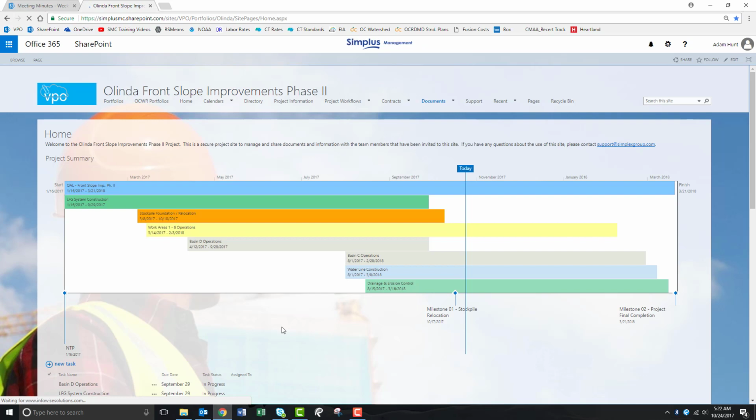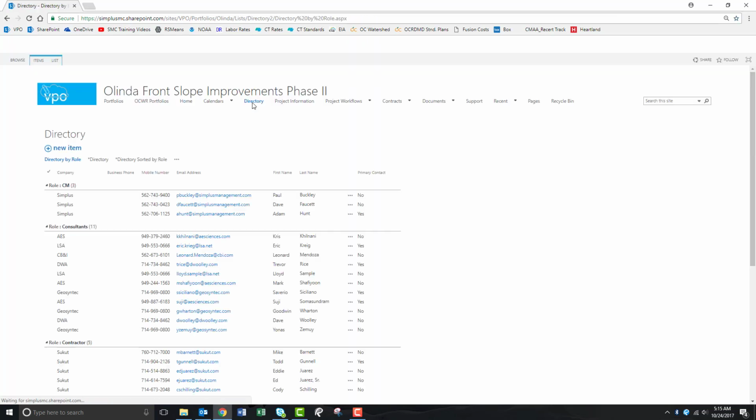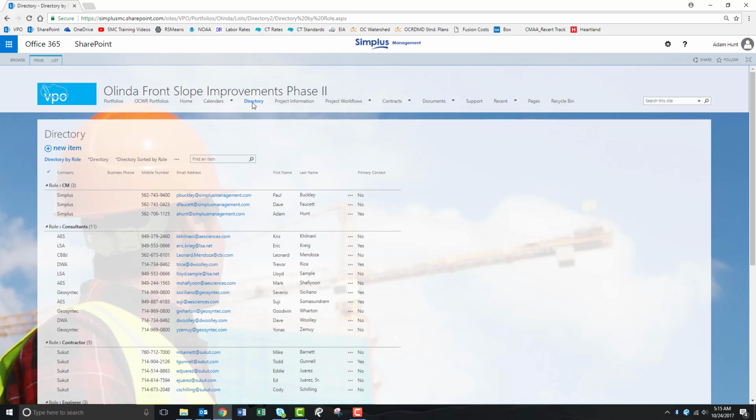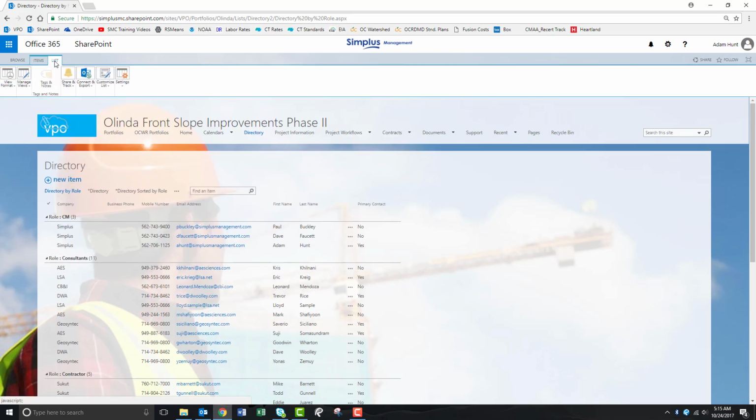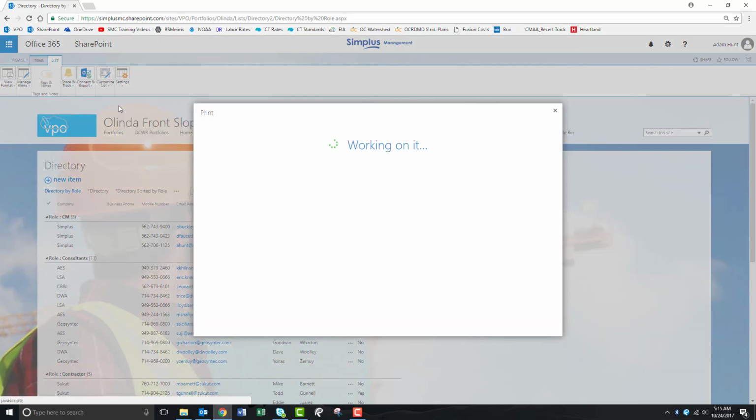And now we want to start generating all the documentation that we will be including in our weekly meeting. The first thing you want to do is go up to your directory and print out your sign-in sheet for your meeting so you have a list of everybody that attended. To do so, click on the directory tab at the top. You can come over to list. They've just redone this, so if you go to share and track, there's a print option here. So if you click on that,